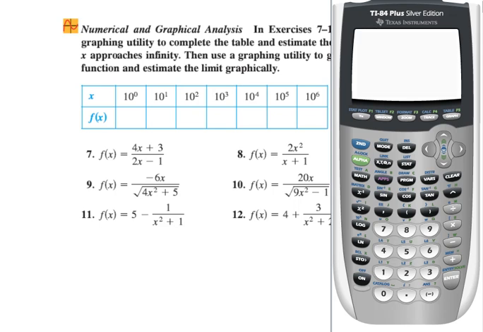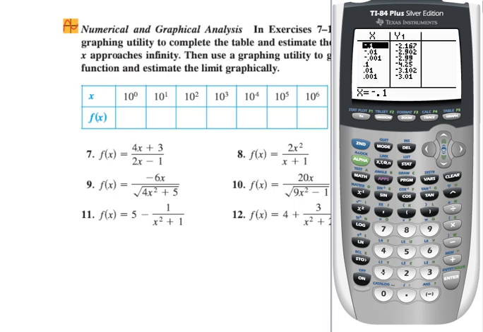I open up the graphing calculator, go into y equals, and we'll put in this function, 4x plus 3 over 2x minus 1, remembering to put parentheses around the numerator and around the denominator. You really have to be careful with that. Alright, so we're going to do the same type of thing. We go to second, table set, make sure that independent is set to ask, go to the table itself, and now we're going to put in